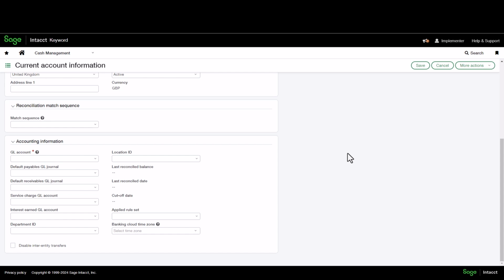So we need to enter some default general ledger accounts for the bank account itself. And then we need to enter some journal defaults for payments made from the account and funds received into the account. Any charges that are charged to this bank account, we need to enter a general ledger account to be used for those charges. And if it's an interest-bearing account, we'll need to enter that information as well on this screen. And then also enter a department ID and a location ID to be used as well for this particular